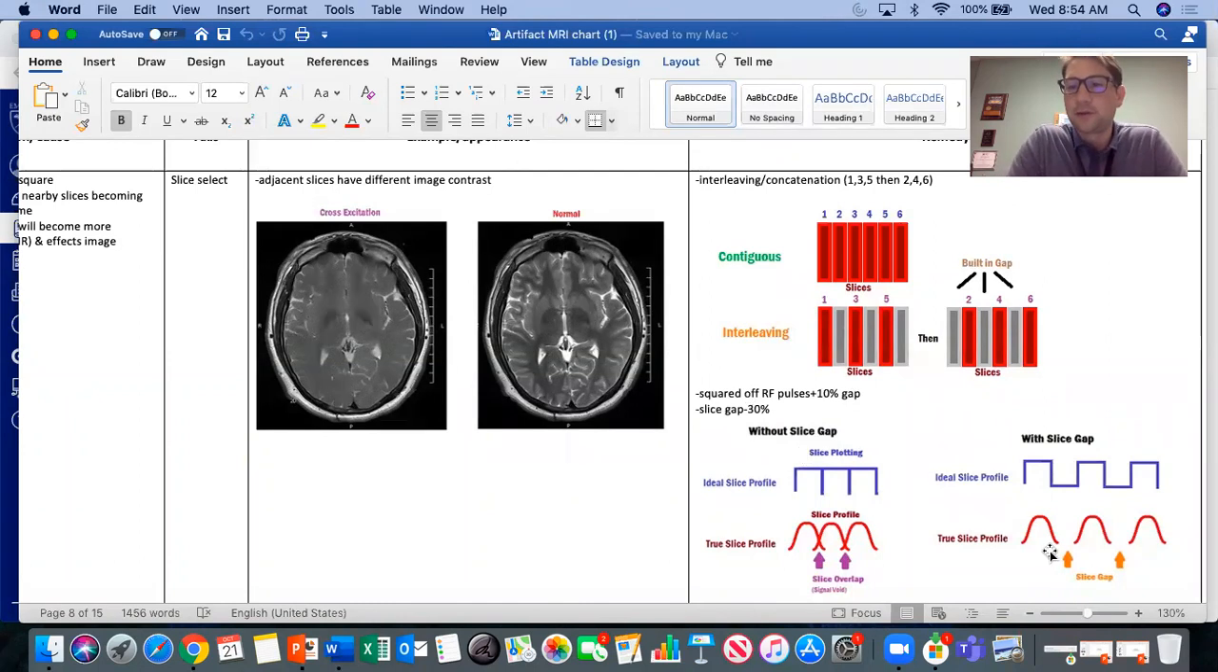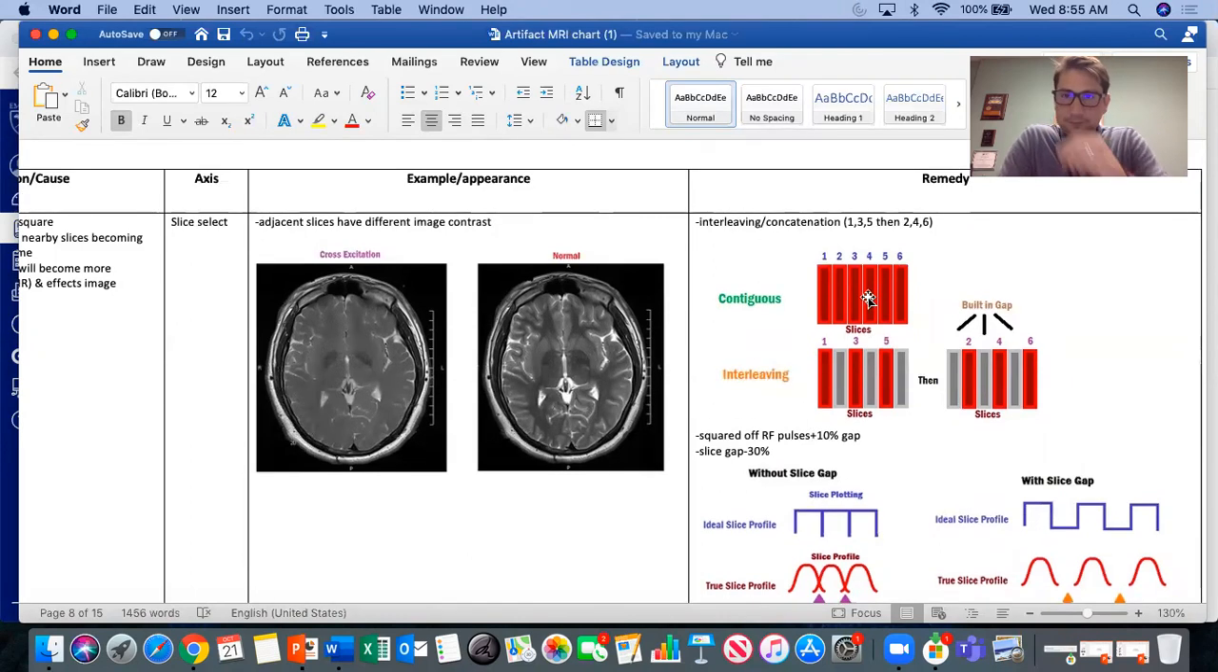0.3 millimeters. So if this was a 1 millimeter slice, we would just put 0.3 millimeters in between. There's also an option on some of the scanners to actually square off the RF pulses. But even when we do that, we still want to leave at least a 10% gap, or 0.1 gap. So that would be something more like this, where there's a 0.1 gap, and we were able to square those off a little bit more. But I think the best way to do it is to select this option called interleaving